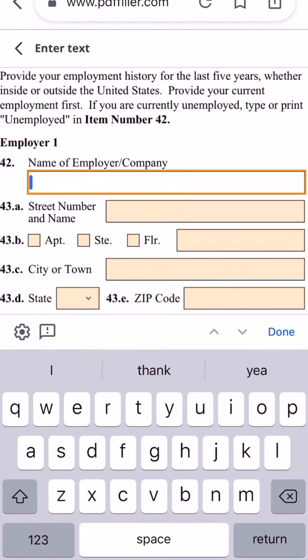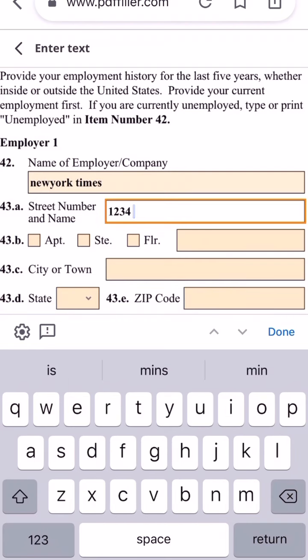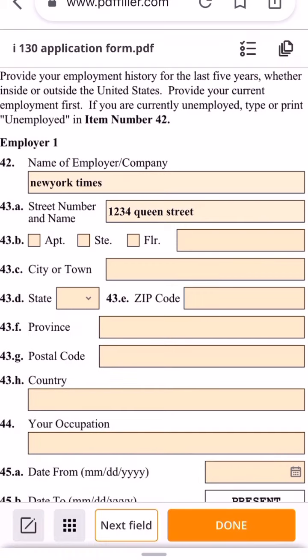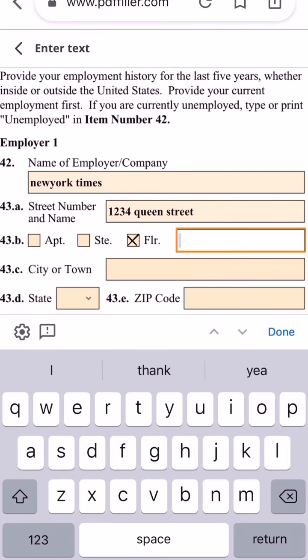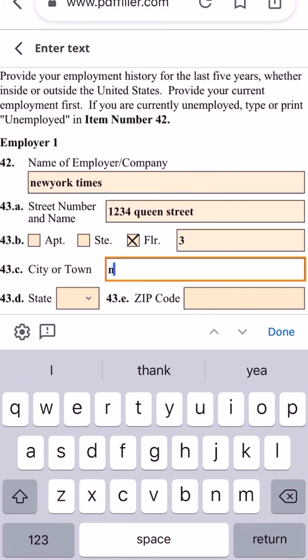So this is the company that the petitioner works for. So he worked for New York Times. So this is the name of the company, and the USCIS requests a 5-year work history. So if my client worked at one place for 5 years, we don't have to enter multiple addresses. If you have 2 jobs, then we have to enter the 2 jobs. Okay, so the street number is 1234 Queen Street, and it has a floor, so we're gonna put 3rd floor. And then we're moving along. The city is New York, and the state